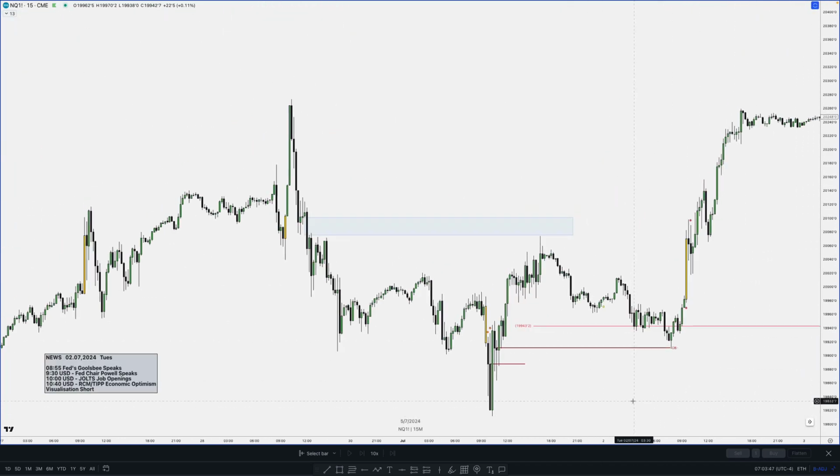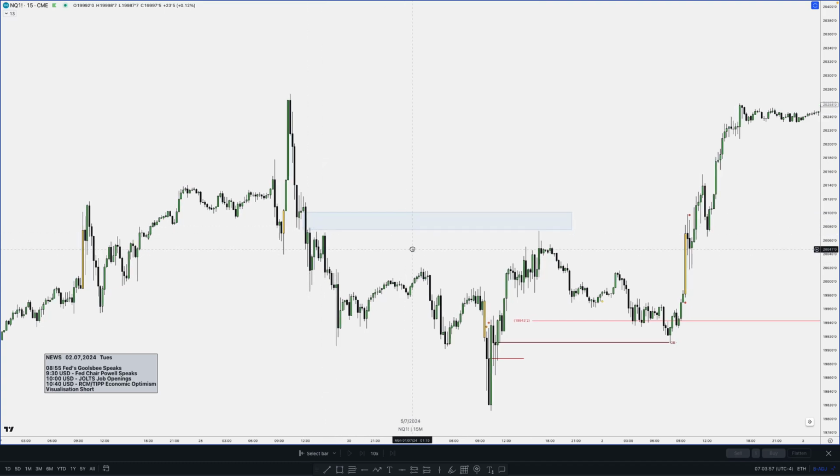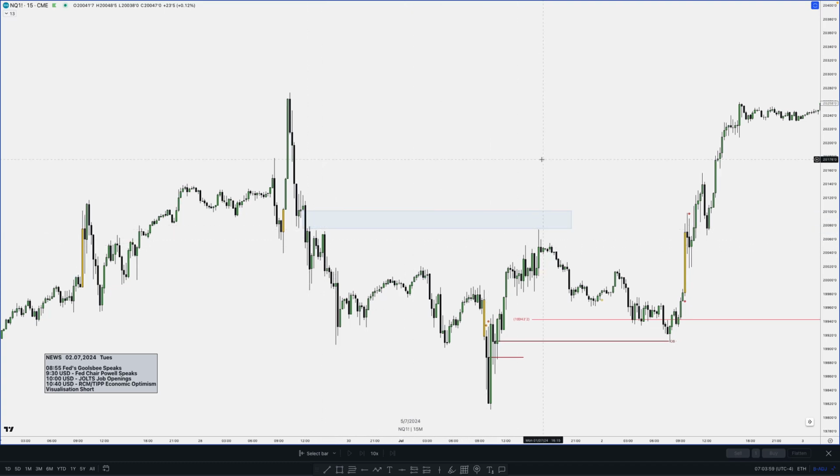Also on the higher time frame, obviously I said we had this as a really good reason to go high, with the previous day high made equal highs with the PM high and fell short of the fair value gap. Obviously I said that my high time frame bias was still bullish, and if we go to the 1 hour here,